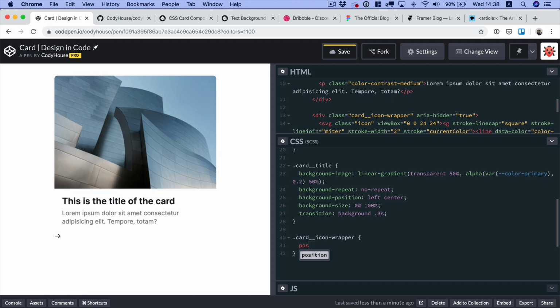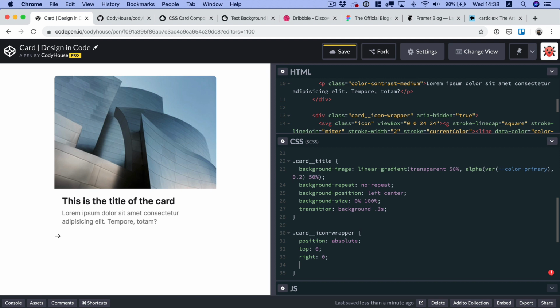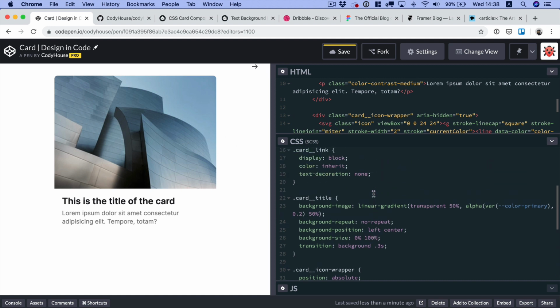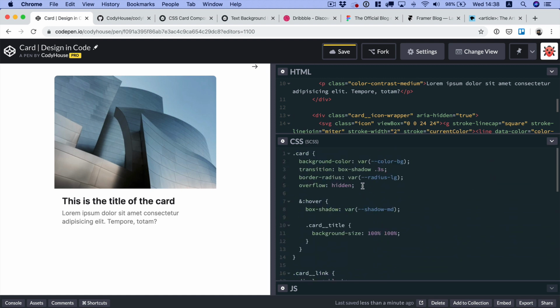We want to place this element position absolute in the top right corner. So I'm going to set top equal to 0 and right equal to 0, a width of about 3 em and same size for the height, so 3 em. We need to set a position relative